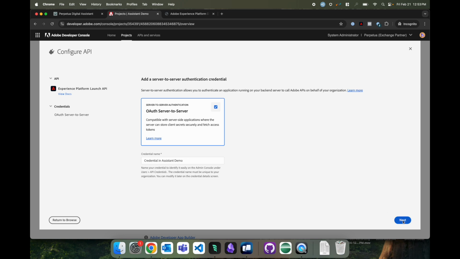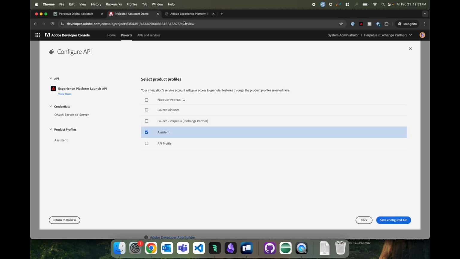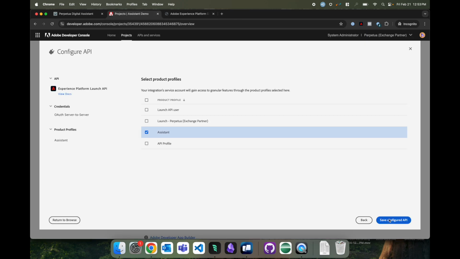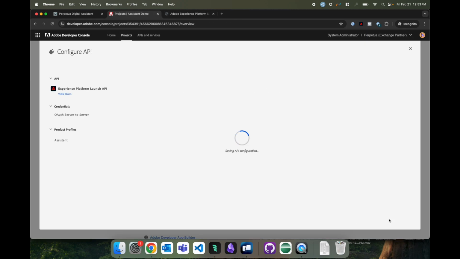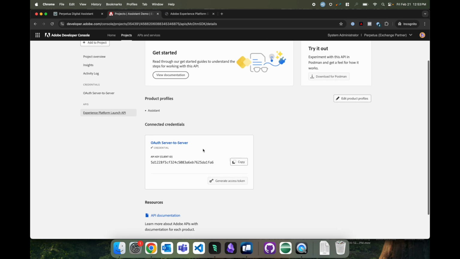Just leave this as is. And it's going to ask me what product profile do I want to use. So I'm going to select Assistant here. So that's the same product profile that I just made over here. I'm going to hit Save. And it's going to be configured successfully. So now I can click on